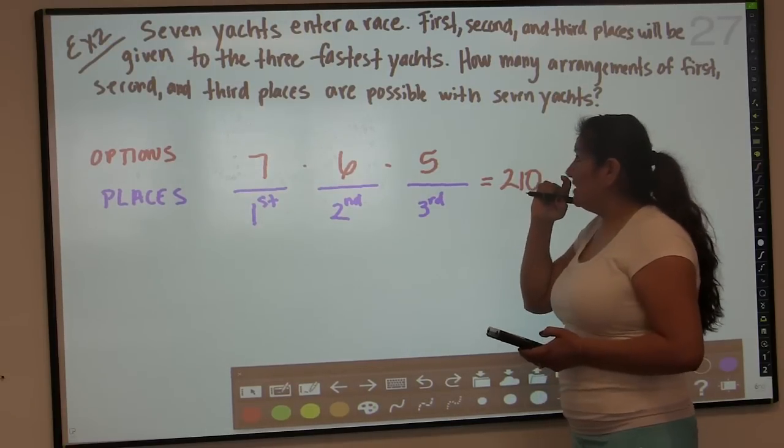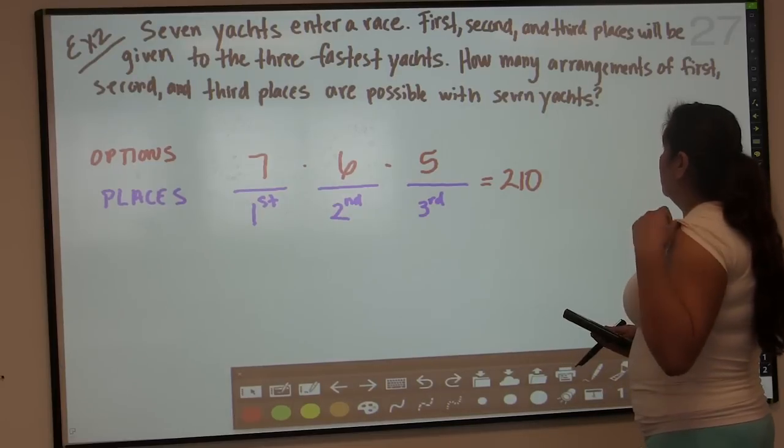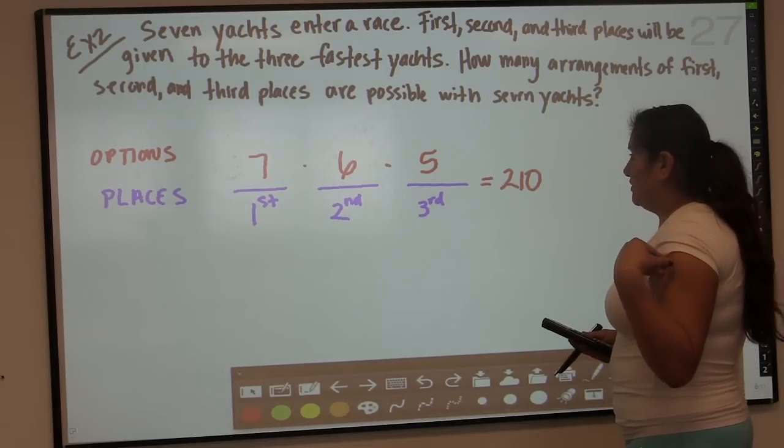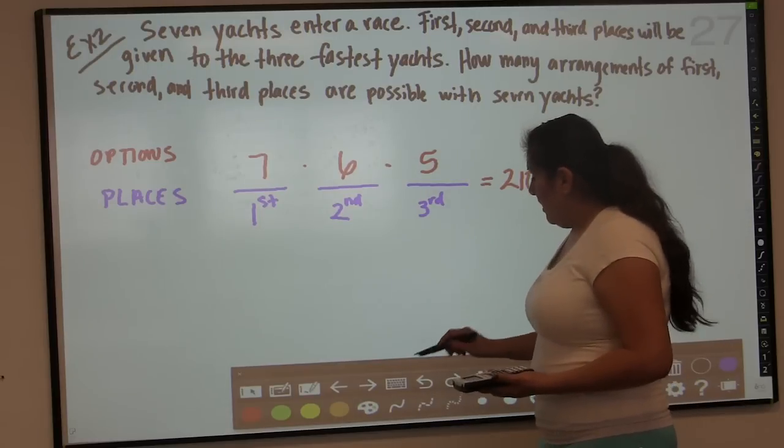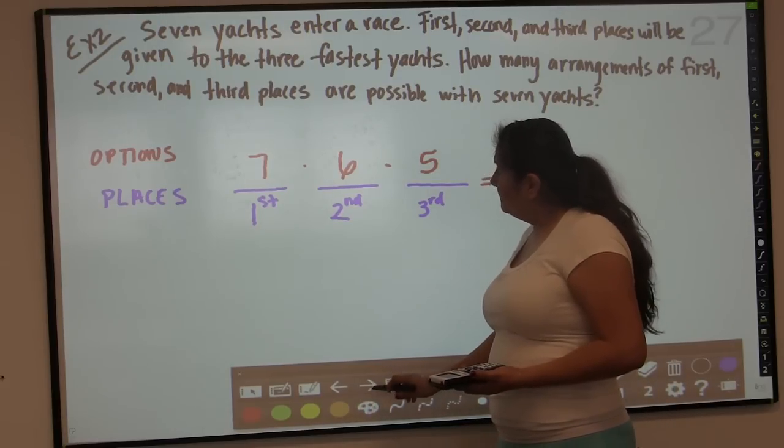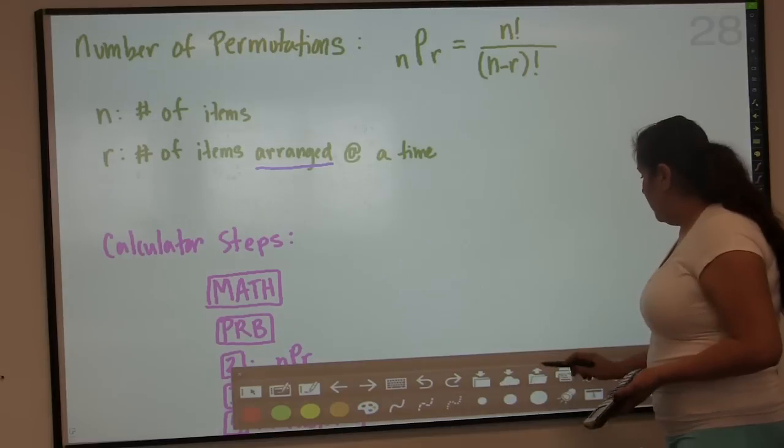So there are 210 arrangements of first, second, and third place for this scenario. So we actually have another way of figuring that out. Here's our formula